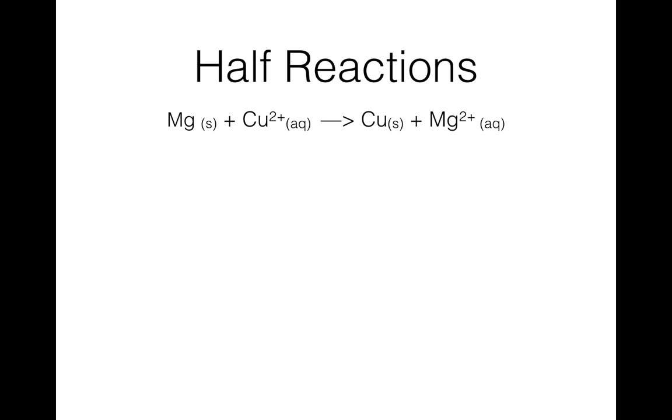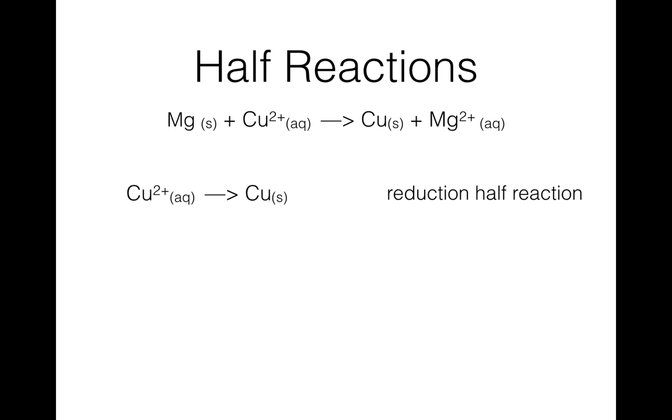So now we can move on to doing something new with our net ionic equation, and that's separate it into what we call half reactions. What we're going to do is examine the net ionic equation in terms of oxidation and reduction separately. Right? So if we look at just the copper, we can see that copper 2 plus going to copper 0 is being reduced. So this is what we would call a reduction half reaction, where we're just looking at the